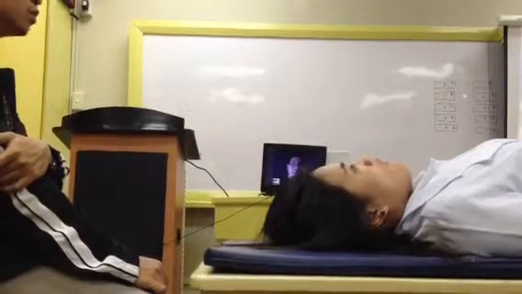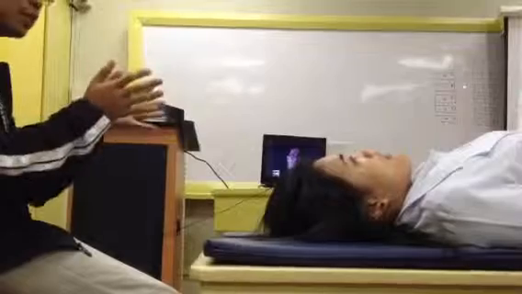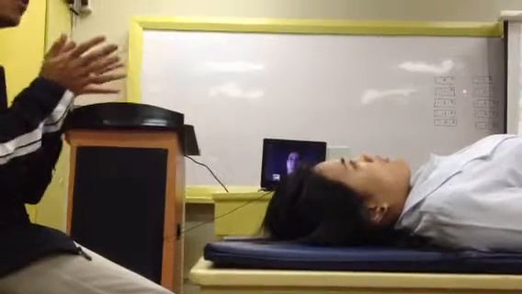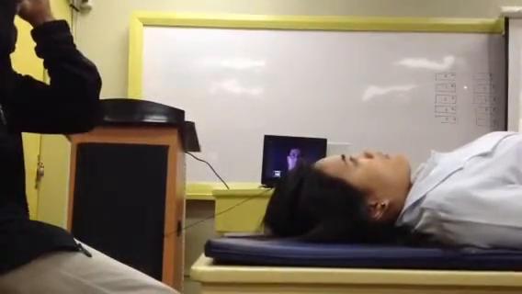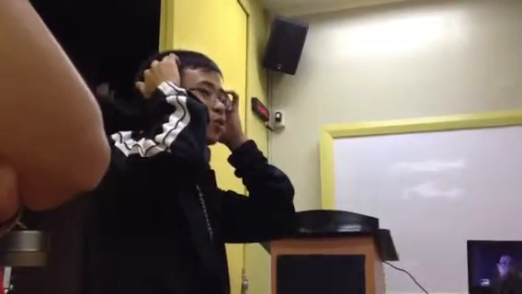Yung frontal, sir. Parang yung skin lang pag po minumove nila. Parang yun yung feeling. Pero iba yung feeling na skin lang yung gumalaw. Iba din yung feeling na parang sumama din yung things sa loob. So sa therapist, maramdaman mo yung skull pa rin eh. May interaction kayo. So iba yung skin